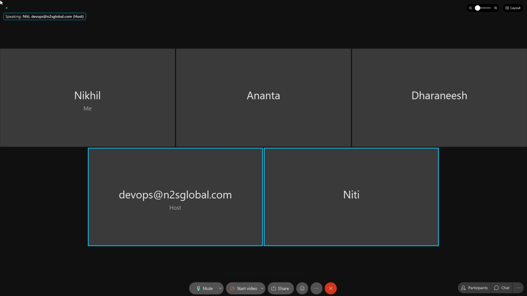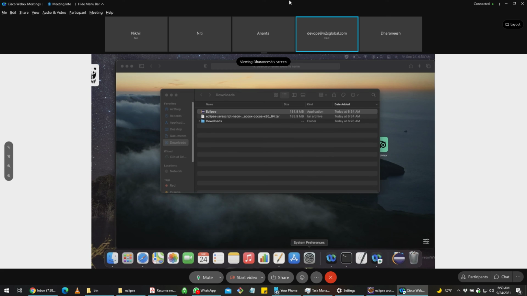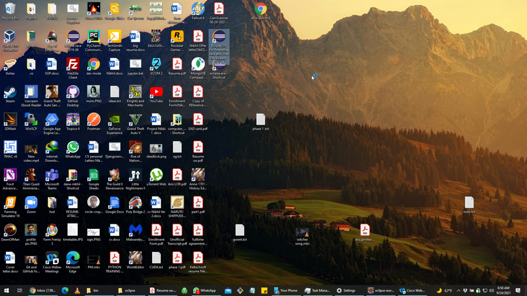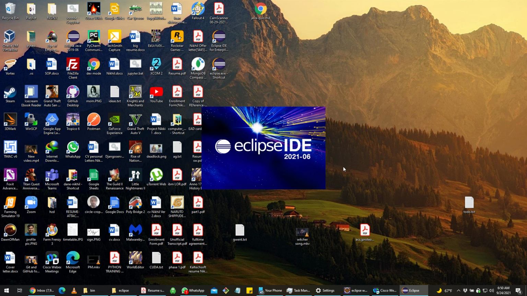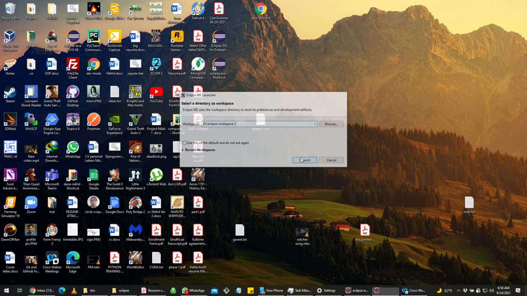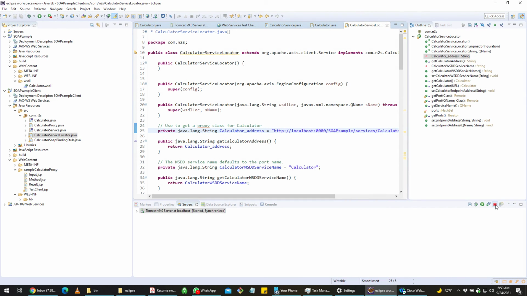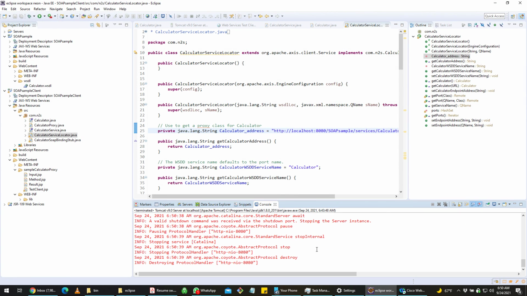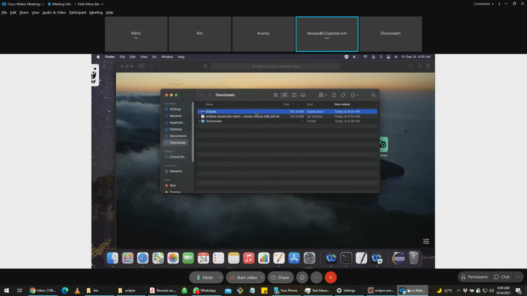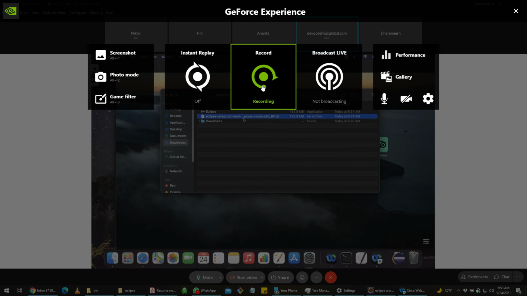Okay, Dharnesh, share your screen. When exactly are you getting the JVM error? Share your screen. So I downloaded this, this is my downloads, and I extracted this one. And when I click this, it's showing this. Where is your complete Eclipse folder? Click OK. Where is your complete Eclipse folder? You are not getting anything like a folder. Which one did you extract, Dharnesh? This one, the tar. When you are extracting